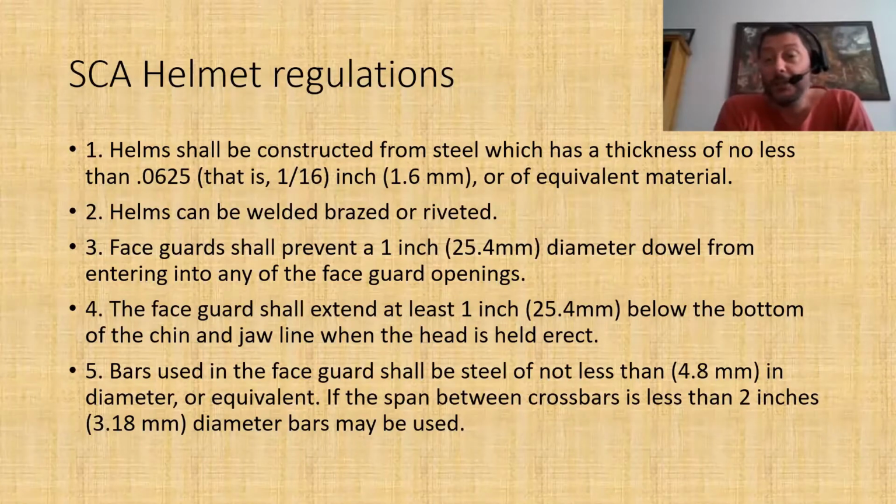12 gauge is probably too heavy for us, particularly if you don't have a big, super strong neck. 12 gauge helmets get very, very heavy, particularly when you start adding aventails and things to them. Now, when you're building these things, they can be welded, brazed or riveted. It doesn't really matter. They've got to be securely